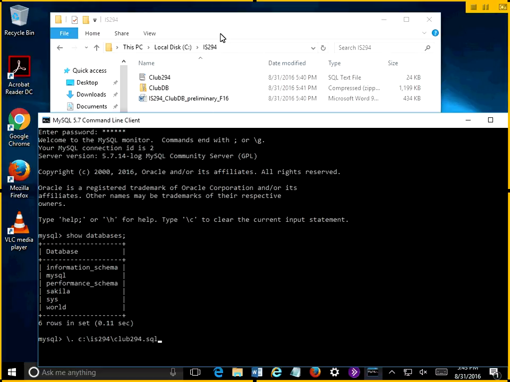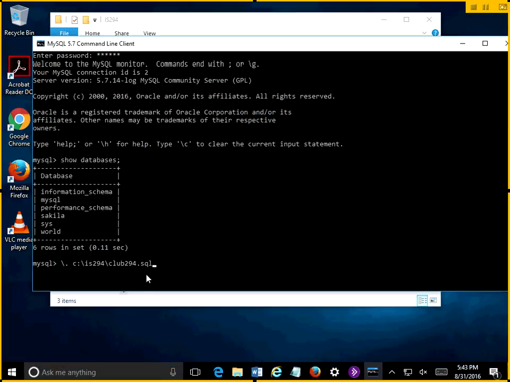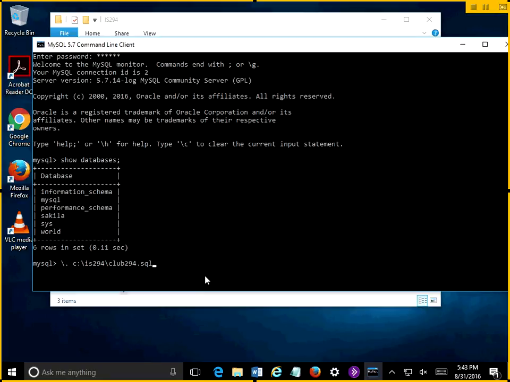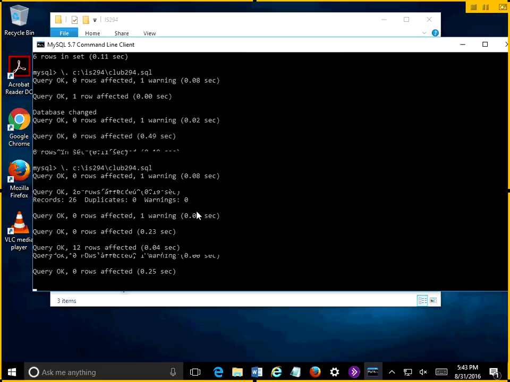It's not showing in our Explorer window because of the stupid default that Windows has. I'll fix that in a minute as well. But when you run the script, you will need to put the .sql on the file name, but there's no semicolon on this command. Most of the commands in the command window, if you recall, do take semicolons. This one doesn't because it would try to treat the semicolon as a part of the file name. So after you hit enter,